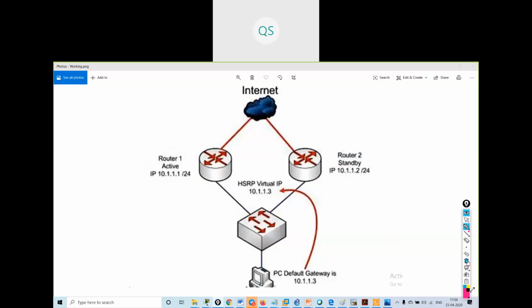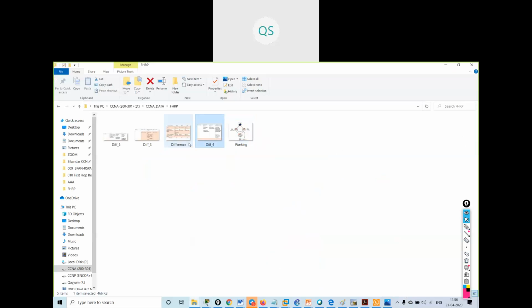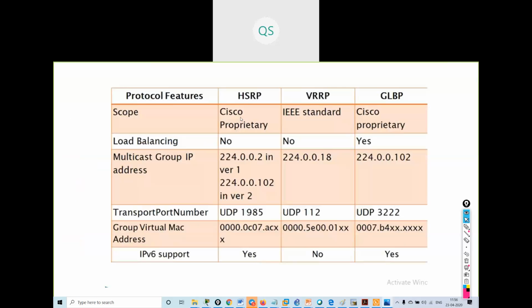So I can have three types of configuration, three types of protocols: HSRP, VRRP, and GLBP.